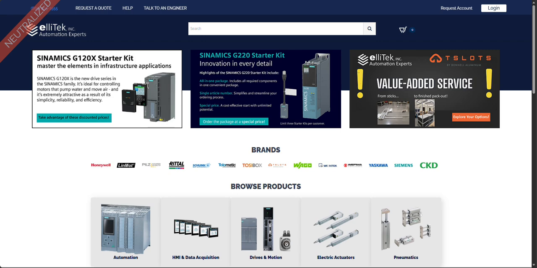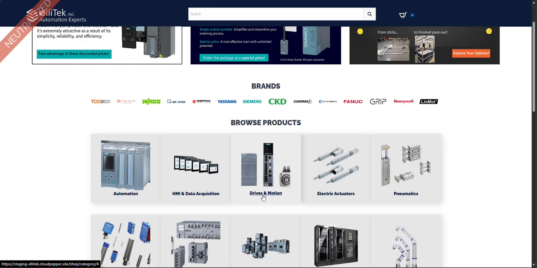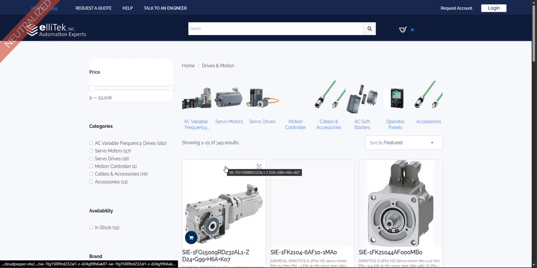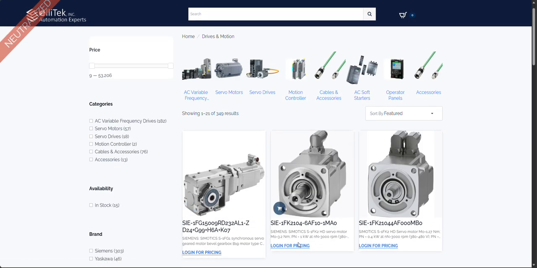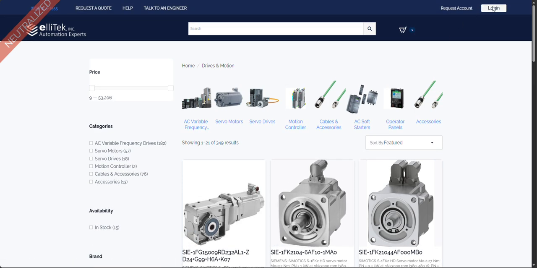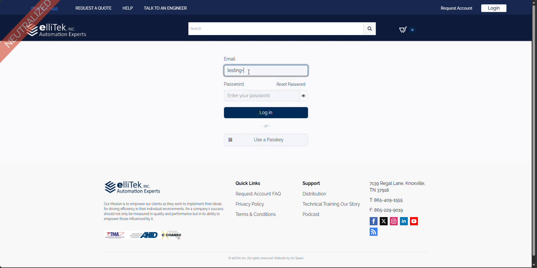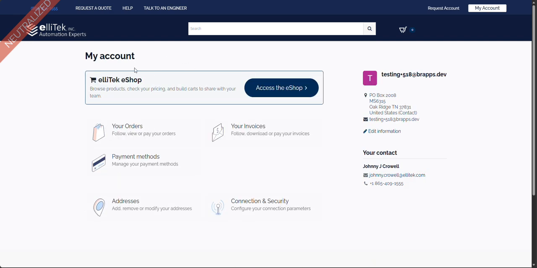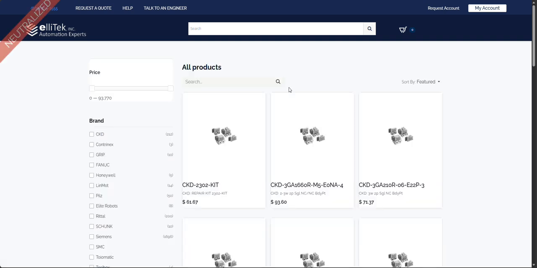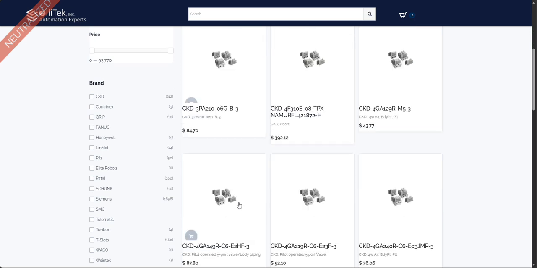So you can send them the link to the site, and then they will land on this site just like everybody else. And if they are trying to go and look at a product, they'll just see the login for pricing. So they can either click login from here, or at the top they can hit login from here, and then testing 518, and they can enter in their password, and now they're on their site. So if they want to access the eShop, they can hit access eShop,